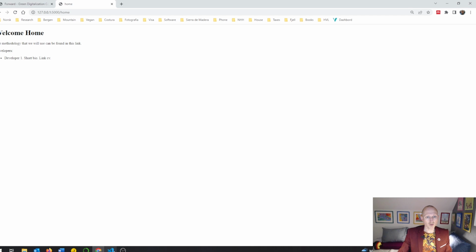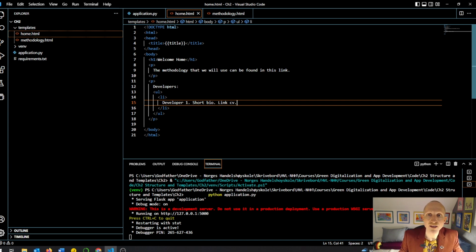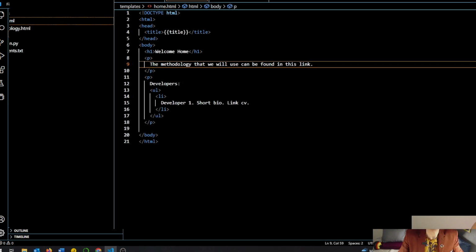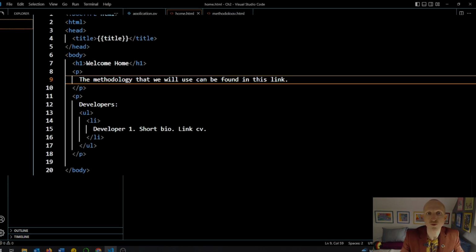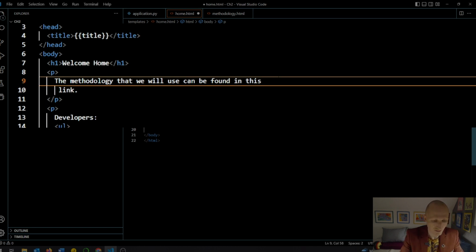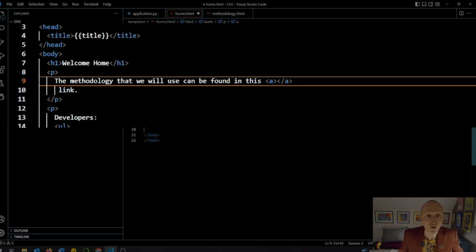The thing that we are going to do to avoid doing that is basically from the home page, I have created here a link, and basically what we are going to do is to create a link directly. When we click here, we are going to move to the methodology web page, and to do that is very easy. And we have to type a, and here basically we have to move the link,